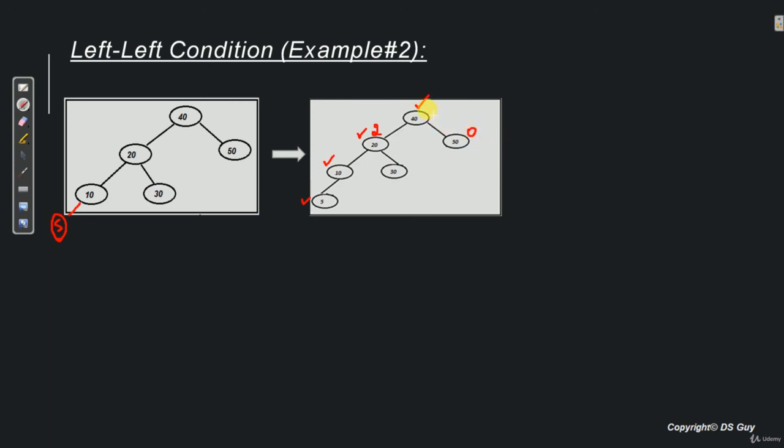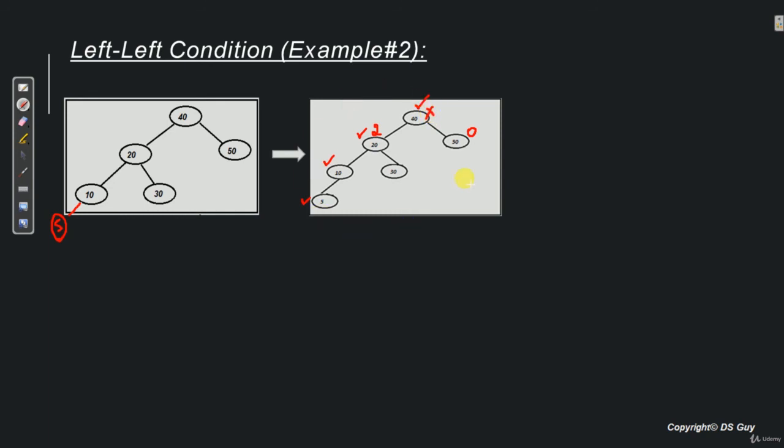So this node over here is disbalanced. So what do we have to do now? We have to do a rotation. Now before we do a rotation, first we need to understand which rotation I have to do. And how do I get to know that? I get to know that from which condition this problem falls in.